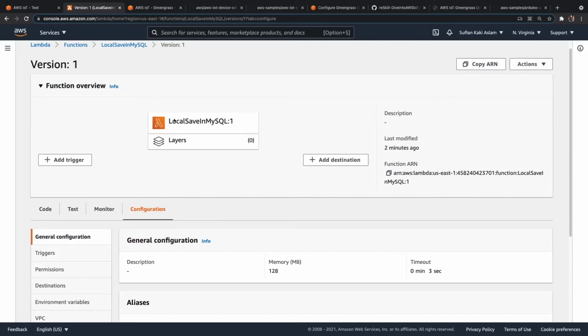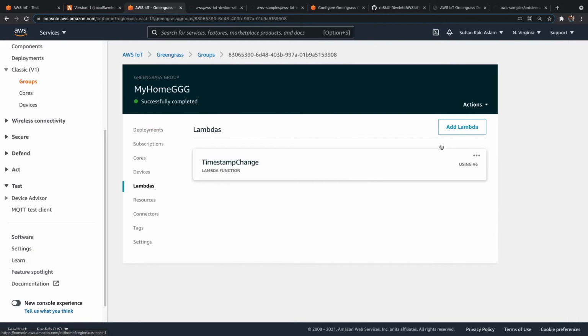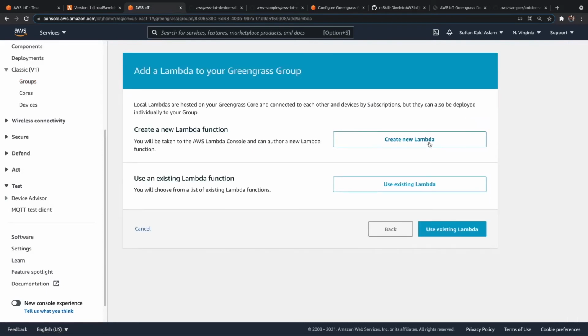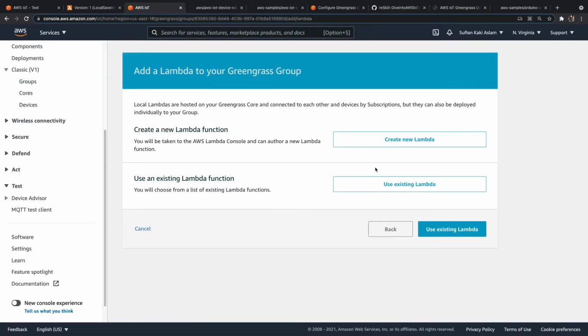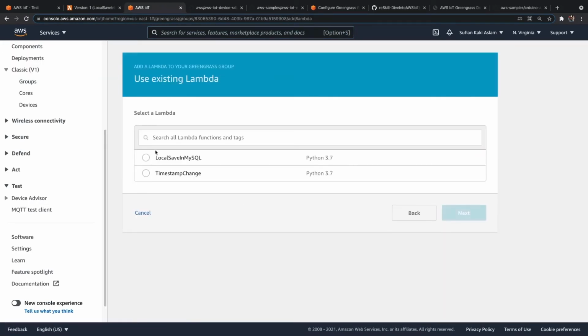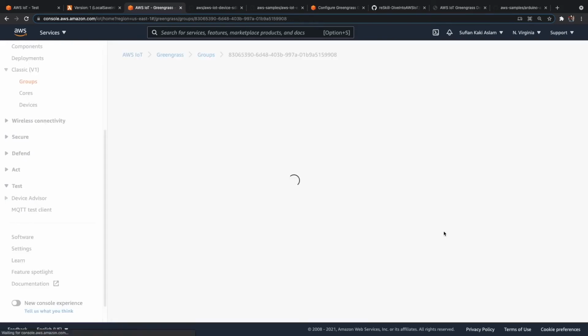Once this gets published, I can go back to Greengrass, click on Lambda and add this Lambda, not create a new Lambda. I should have done use existing Lambda, and let's call it local save MySQL. Next, it has only version 1, so select it and then click on finish.